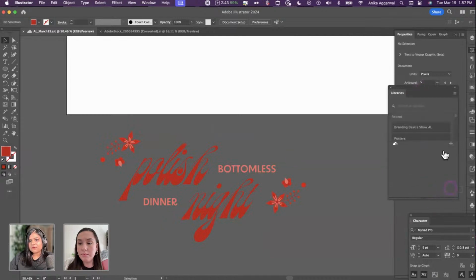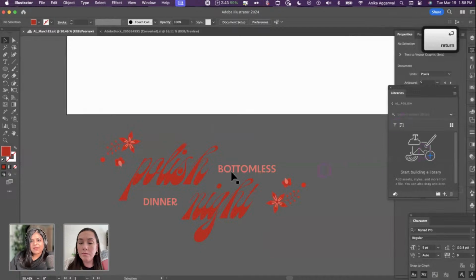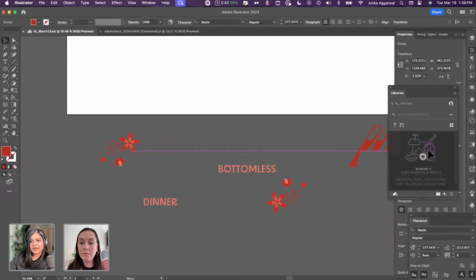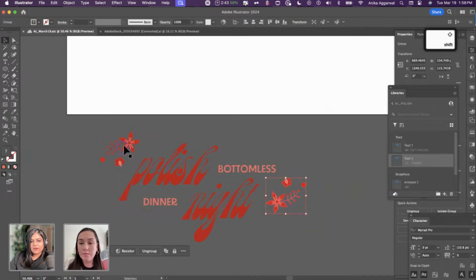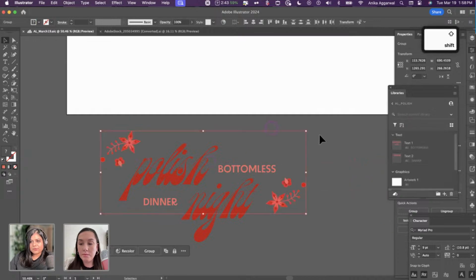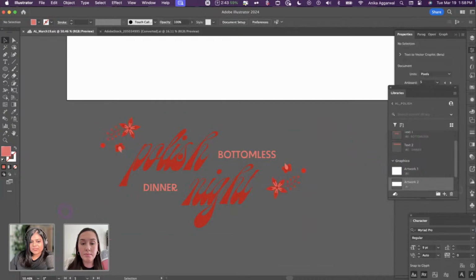Okay, click on the plus button and create a new library. I'm sure a lot of us have already created libraries, but just in case you haven't, I have this library here. I can pop this in here like so, drag it out, pop this here like so, and then these are all the artworks that we have. I'm going to make this a group. So this is the library that I just created, and this was the lockup that I wanted in Adobe Express.